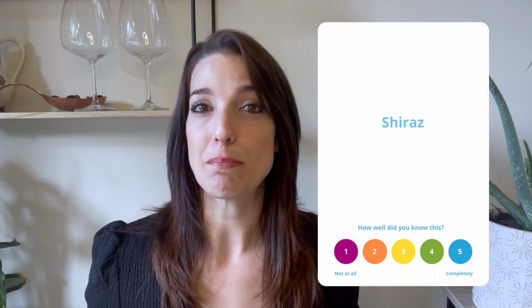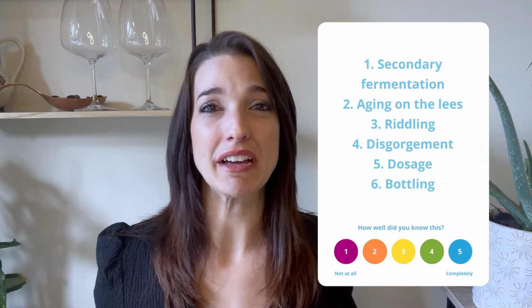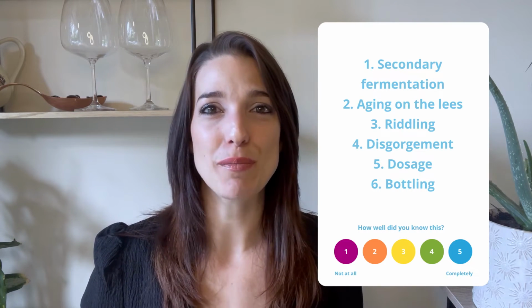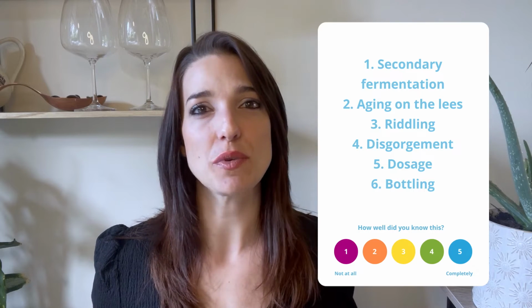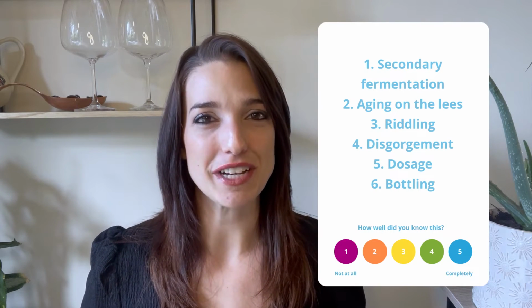At the end of this process, disgorgement is done. The bottle neck is plunged into freezing liquid to solidify the yeast sediment that's accumulated there. The crown cap is then removed to pull the yeast plug out. Then the dosage is added. The bottle is topped up with wine and typically a sugary solution, which determines its final sweetness. The bottle is resealed with that mushroom-shaped cork we're all familiar with and left to age further before released to